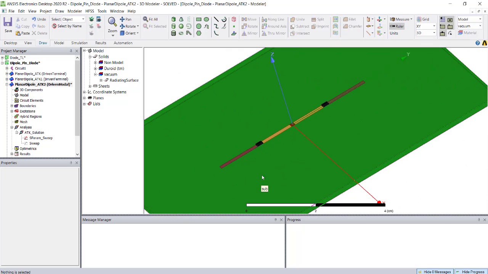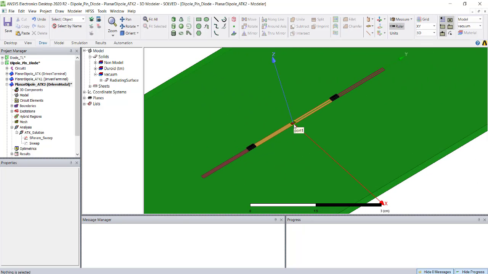If you go over here, you can see there is a port at the center of the dipole, and then there is a short arm, and then there are two PIN diodes, then again an arm. So it is a reconfigurable antenna. When the diodes are on, it can work at something like 2.4 gigahertz, and when the diodes are off, only this part of the dipole will radiate, and this will work at about 4.6 gigahertz.